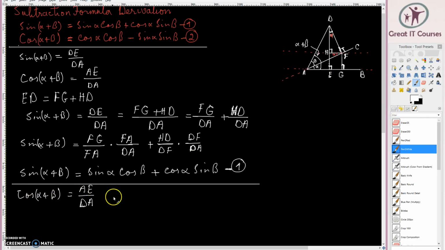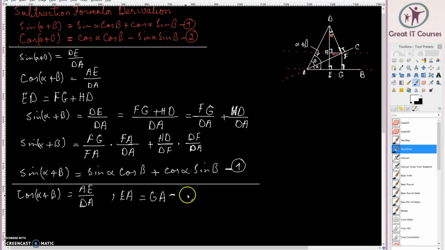And EA is equal to what? EA here is equal to this whole thing, I mean GA minus FH, this length over here, because this length is equal to EG and this is equal to HF,